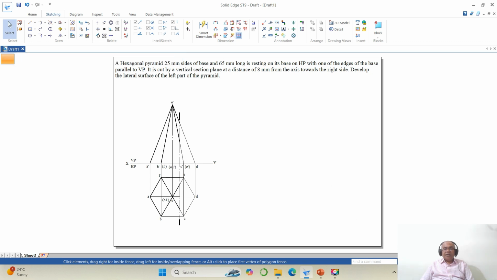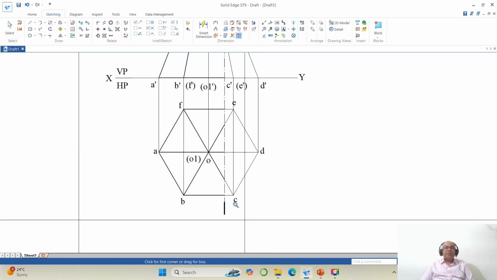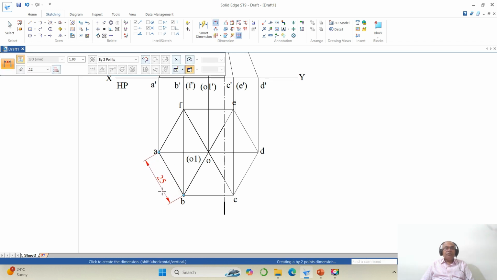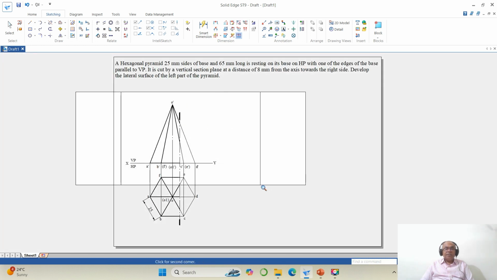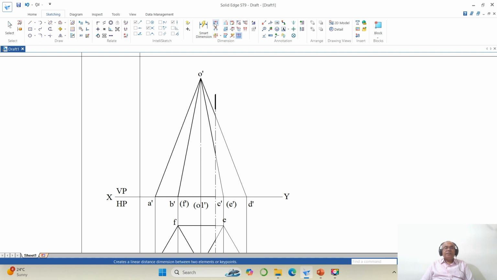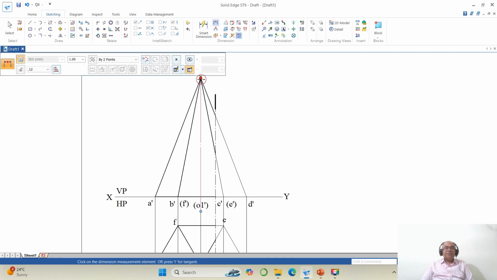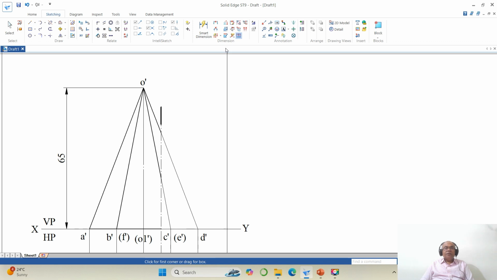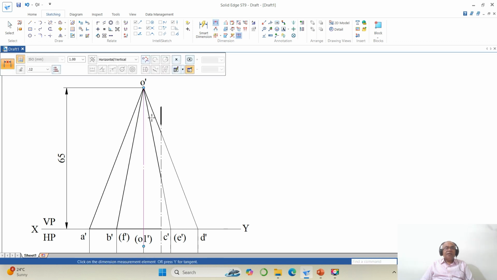Now we need to do the dimensioning part of it. So to do that, I will go for distance between these two. You will indicate 25 feet. Then you come down to the height, go to distance between, select this point and this point. You make it by horizontal or vertical. Okay, then you go to fit, then come down to this. Now go to distance between this line and this line. You make it